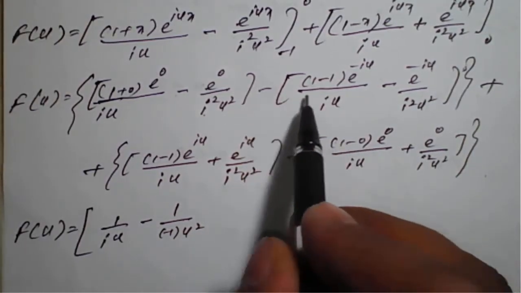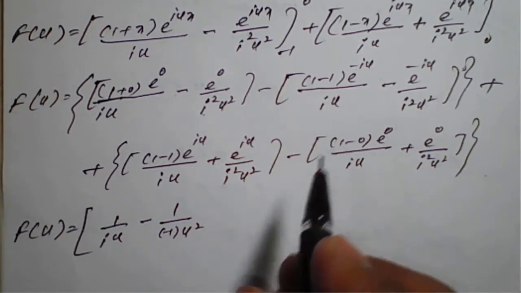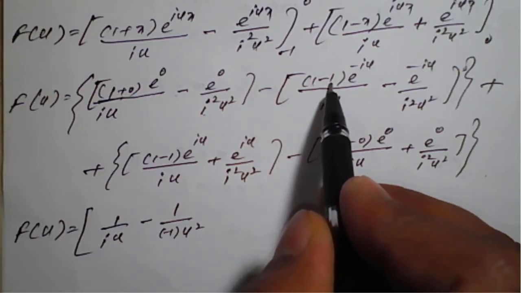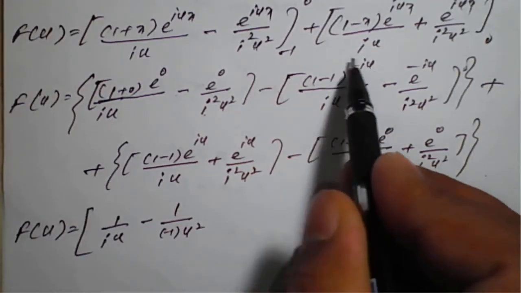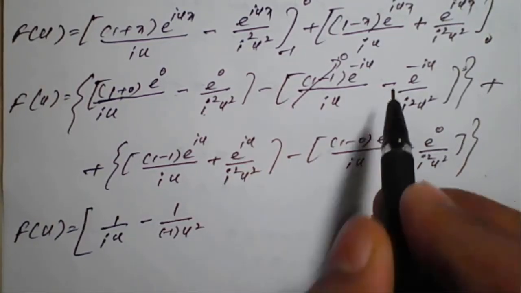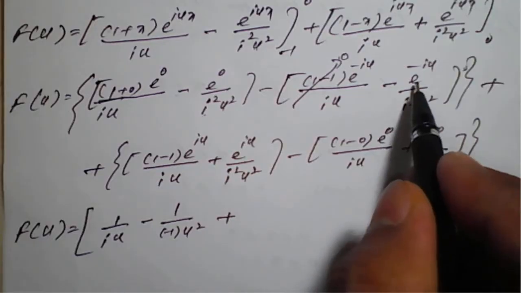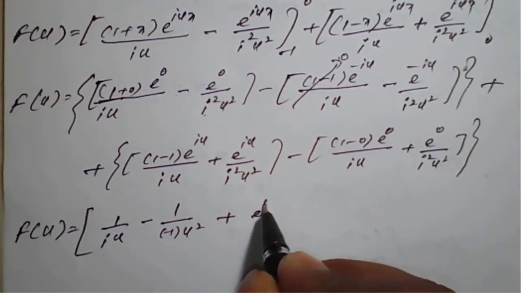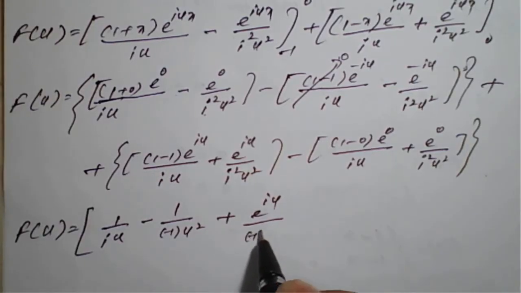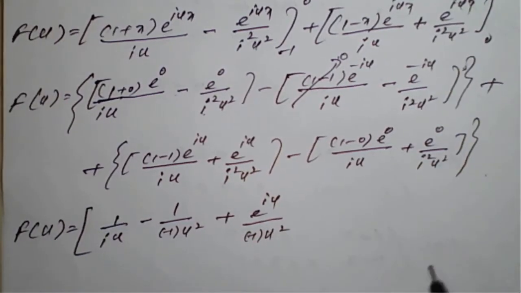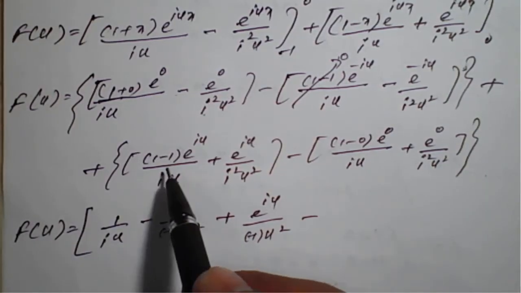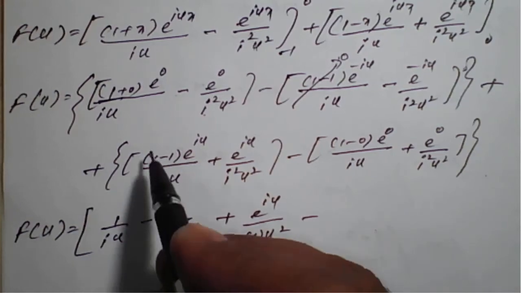So then next, the next one: 1 minus 1 is what here, 0. 0 into this entire term will become 0. But here, minus minus will become plus, e raised to iu will remain as it is. e raised to iu divided by i squared is nothing but minus 1 into u squared. Plus into plus is plus. Again we check the sign, because here 1 minus 1 is again 0,